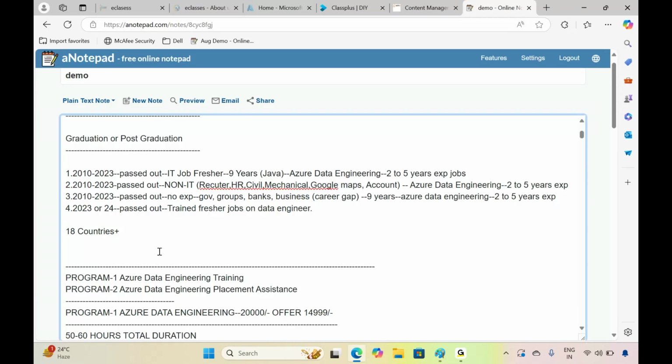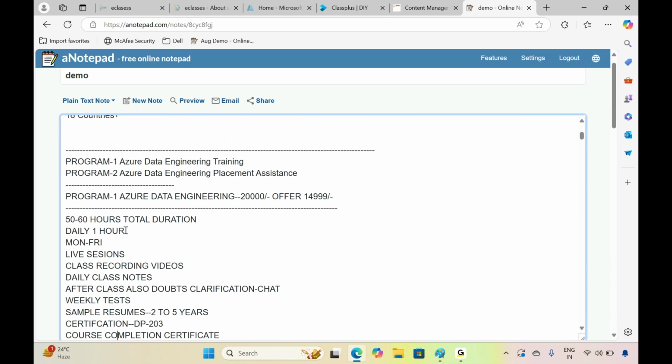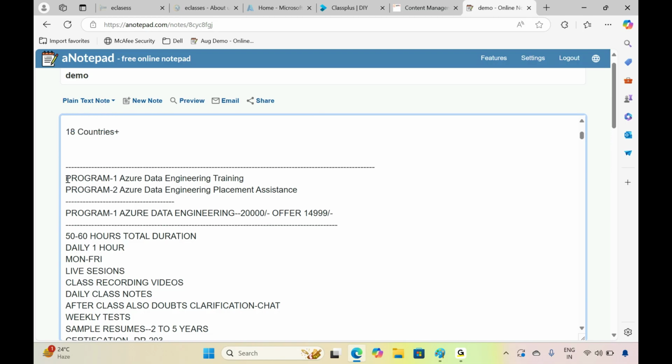Okay, right. So as per my experience, I have taught almost 18 plus countries of students. Many batches we have delivered on this Azure Data Engineering from 2019 onwards. Why were most of the people not able to get the job after completion of the training as well? The reason is most of the training institutions offer only one program, a regular general training program, which they conduct